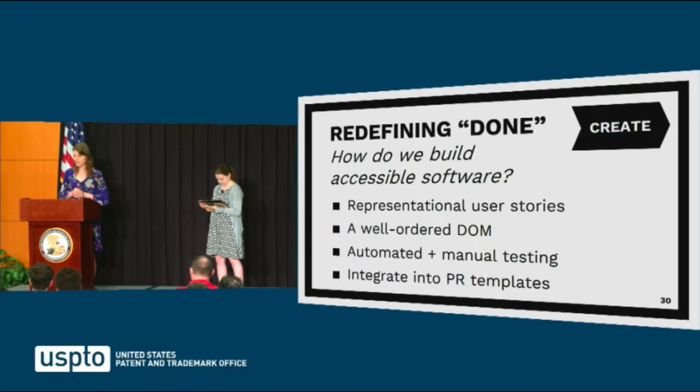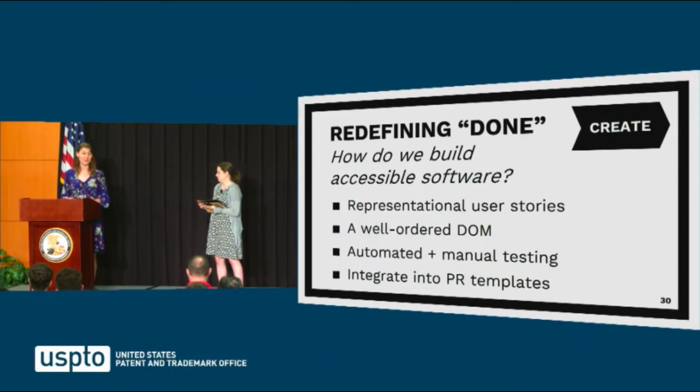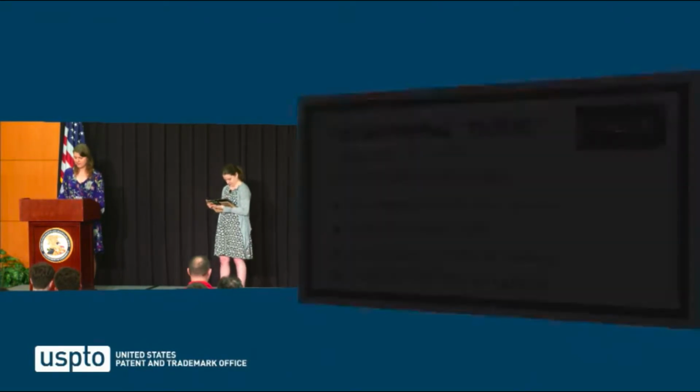And according to Renu Rajani, the best automated tools out there may only verify up to a quarter of those guidelines' checkpoints. And the results still have to be assessed manually. So a reasonable goal for development teams might be 10% automated testing for those checkpoints. And really, that's just going to include the things that are completely objective, like does this image have alt text or not? It doesn't necessarily tell you if that alt text is meaningful, right? So if our development teams use PR templates, this is another place to make sure that this is centered, and you can include that testing in your PR template checklists.